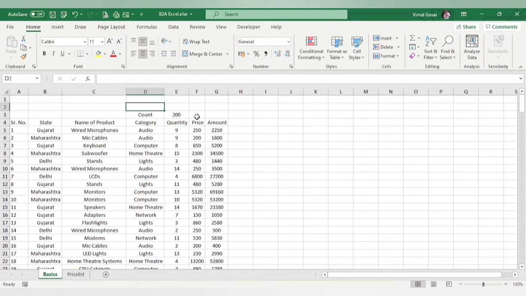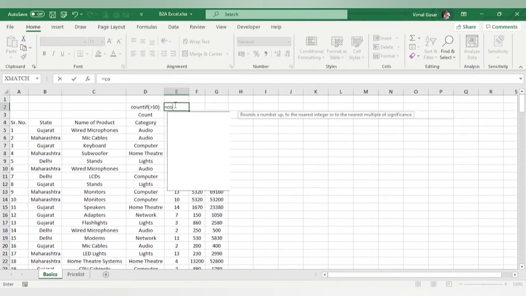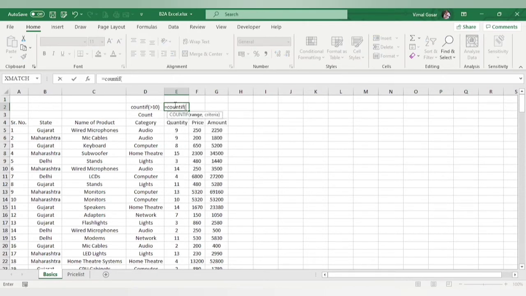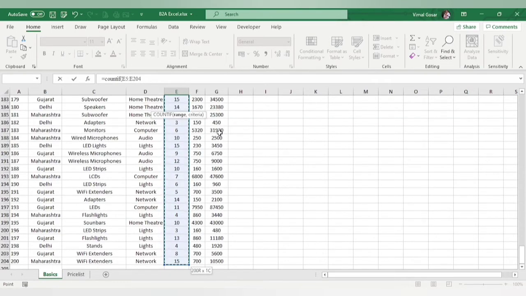In the same way, if I want to use COUNTIF, I want to count the total number of quantities that are more than 10. So in this case, again I will start typing equal to COUNTIF, and just click from this first cell to control shift down arrow.